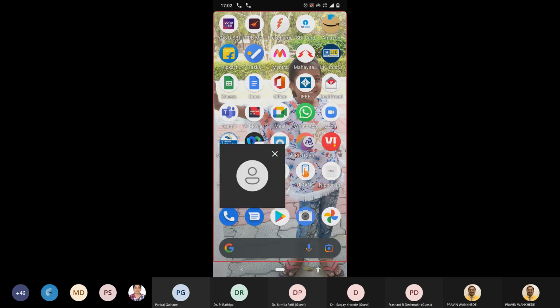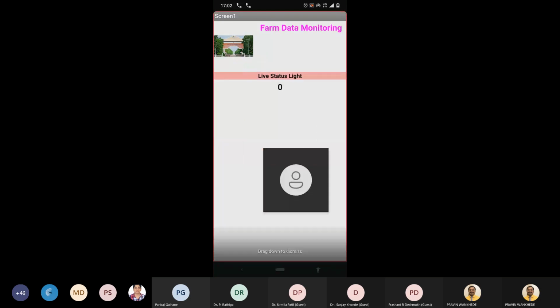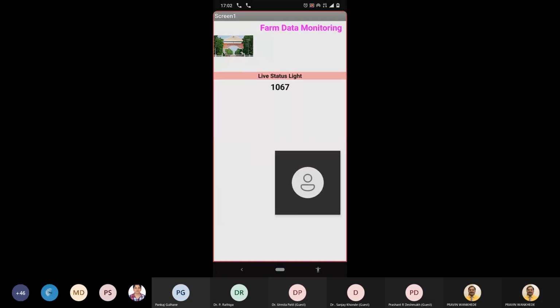Let me open the app. See the app. Now you can see the data which is coming from our IoT board. We are getting it on the app. This is a simple app that I have just made.